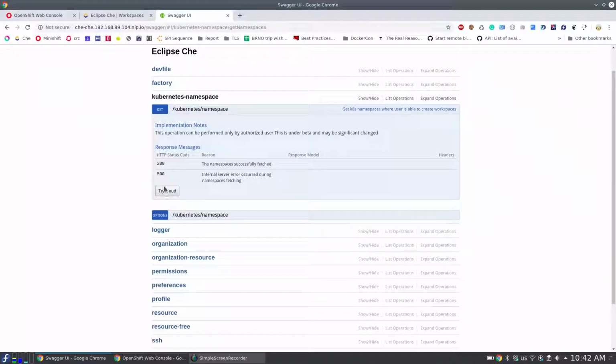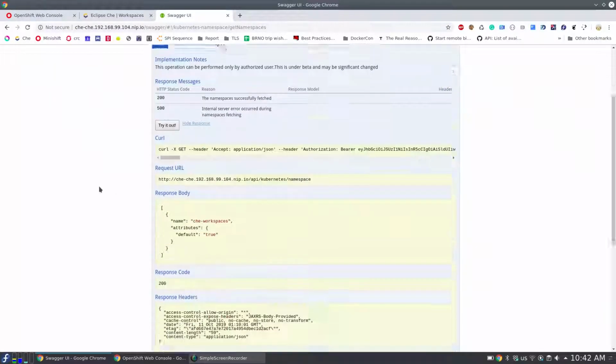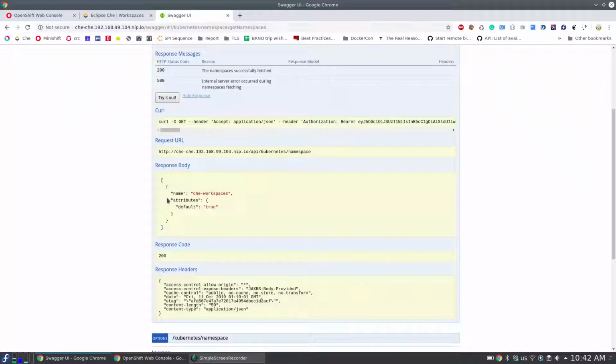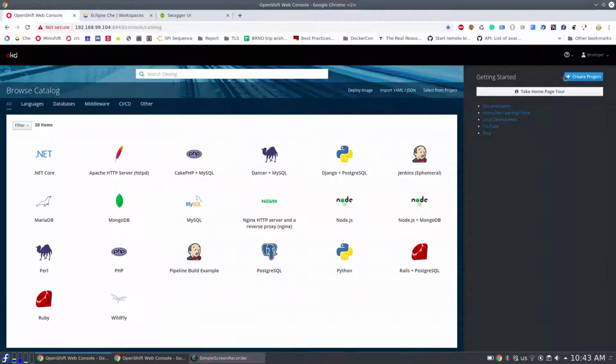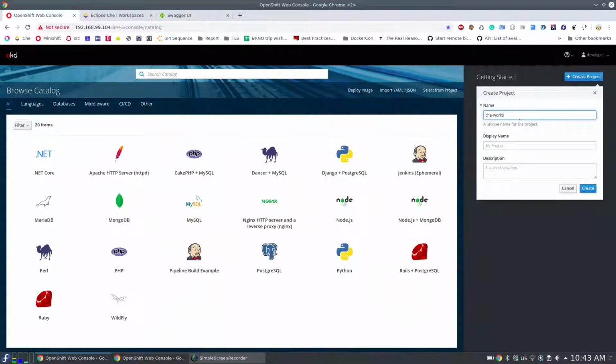And if we use the new Kubernetes namespace service, we can see that the user can choose only k8s workspaces, and this is a default namespace. It actually doesn't exist on a cluster, and that's why only the default attribute is available. Then k8s will try to create a new namespace on the cluster during the first workspace start. If we create this k8s workspaces project,